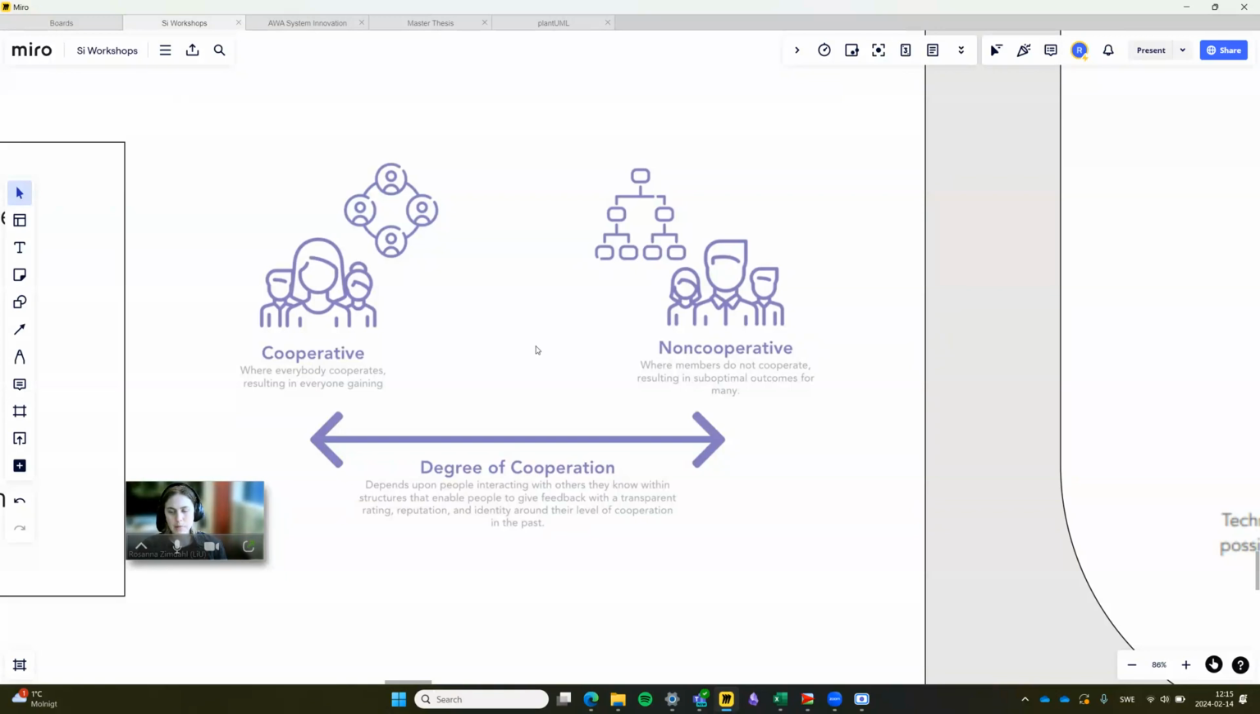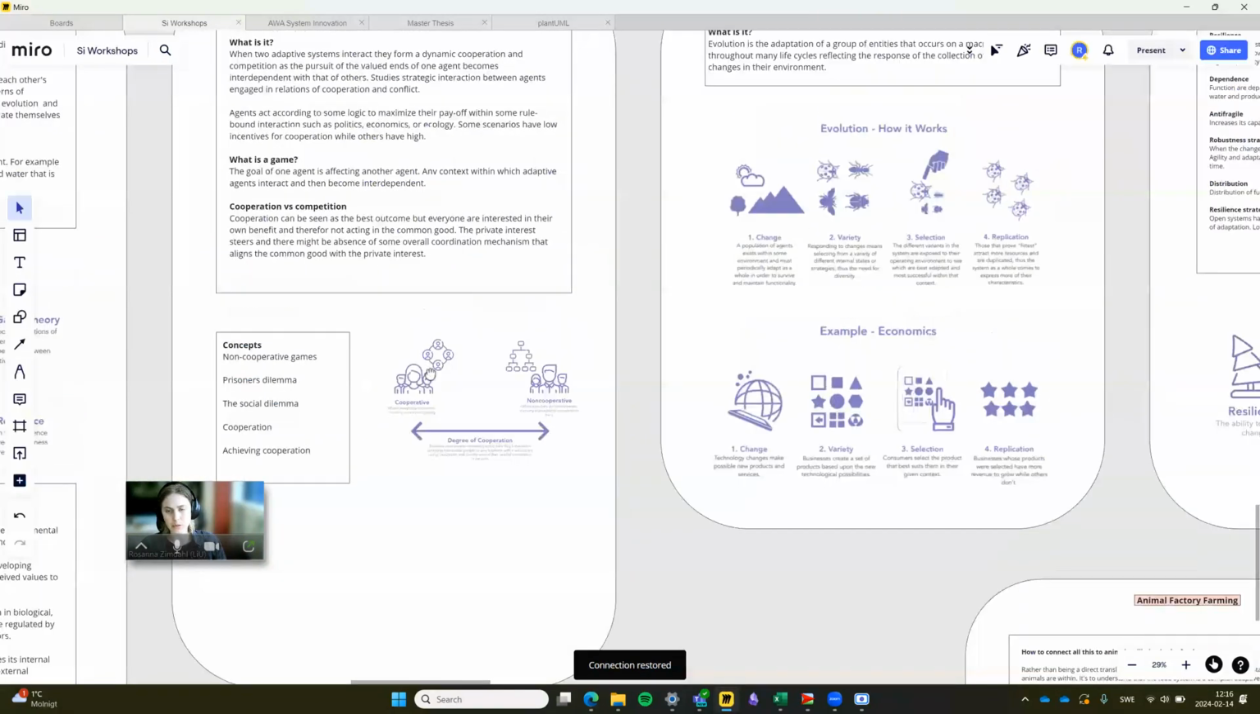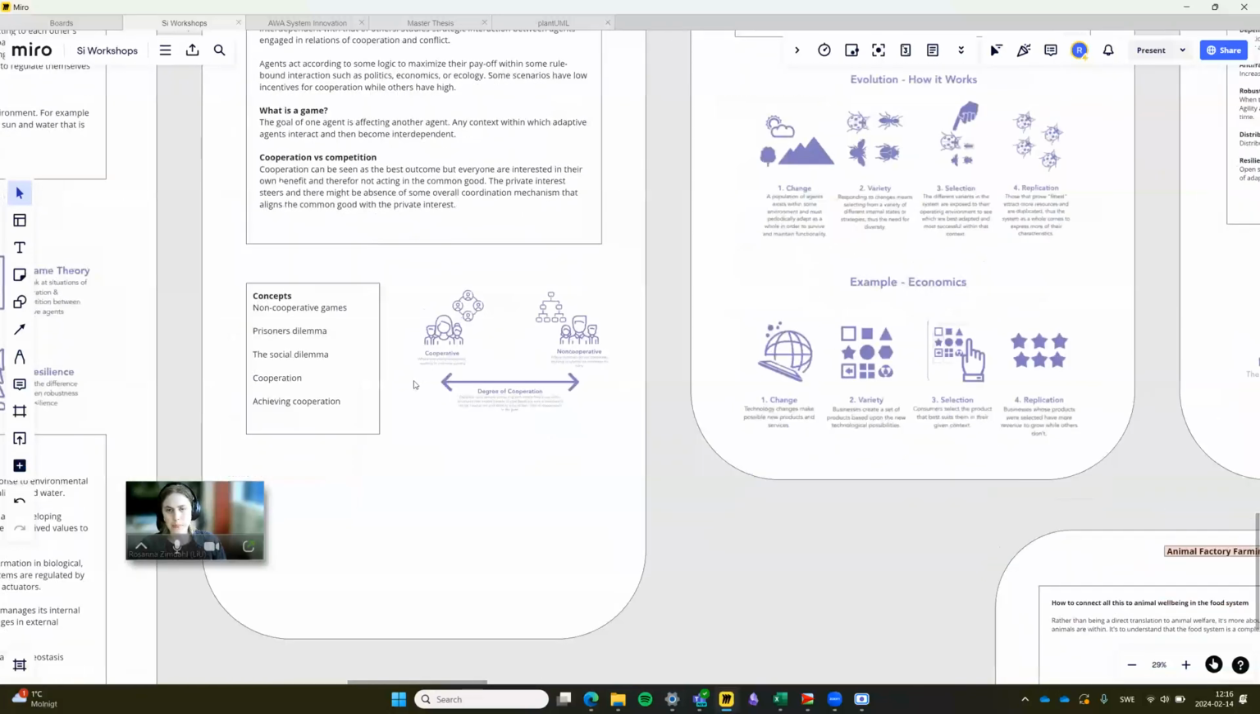So a zero-sum game, like playing chess, is when one loses and one wins. So the loss plus the win will sum to zero. But when it's non-zero-sum games, then both parties, agents, can win, and it will benefit everyone, or it can also be worse for everyone, but it doesn't have to even out. So cooperation can be seen as the best outcome,